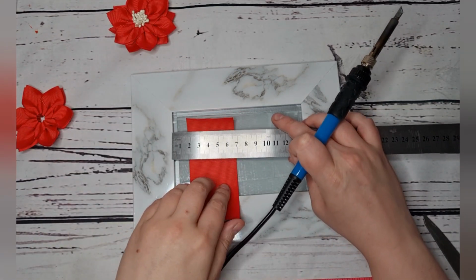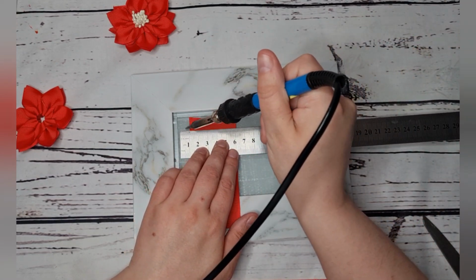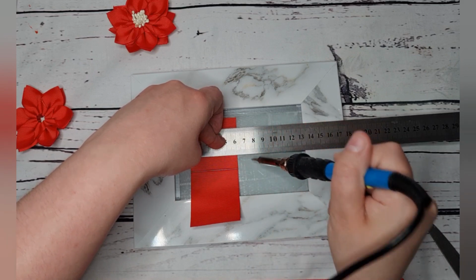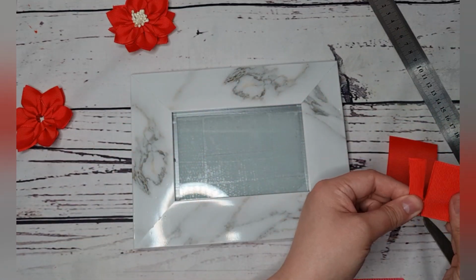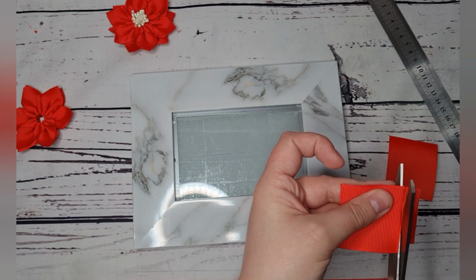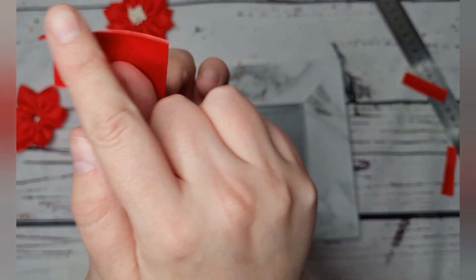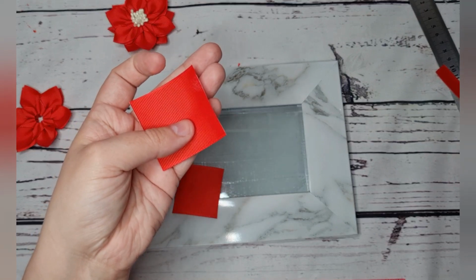But basically, you want 5 by 5, which is basically a square, because this is 2-inch ribbon. And if you seal with your wood burner, I'm just doing a rough square just so you can see the difference between, excuse me, that's more me than my tool. And this is just a cut and seal. So this is completely sealed, both sides, nice and easy, as are all my 5 by 5 cut pieces